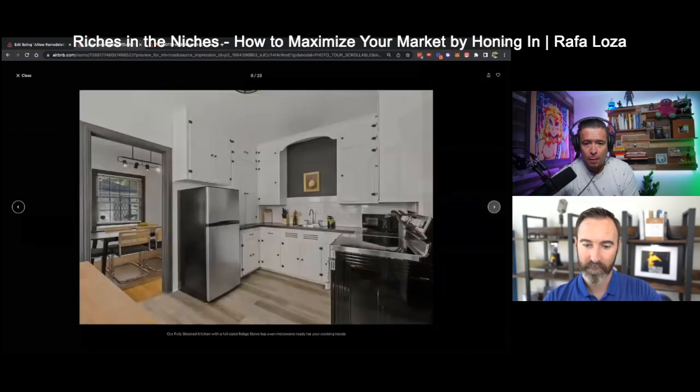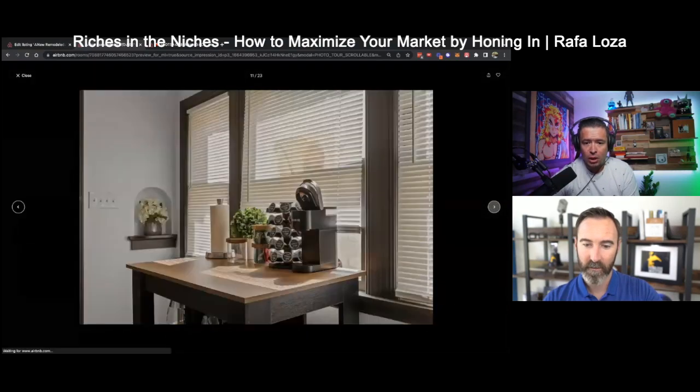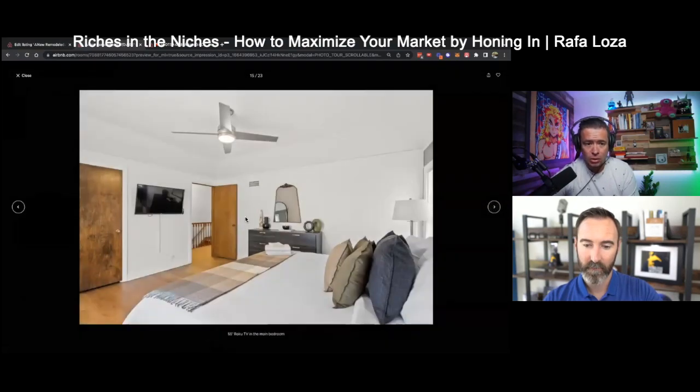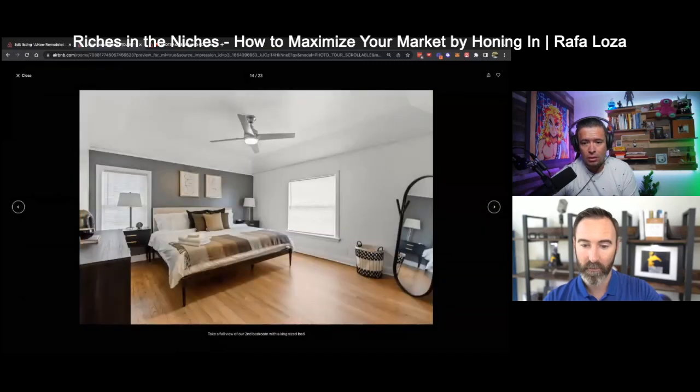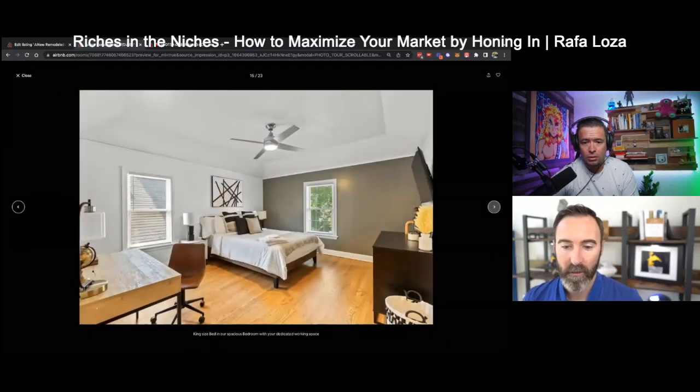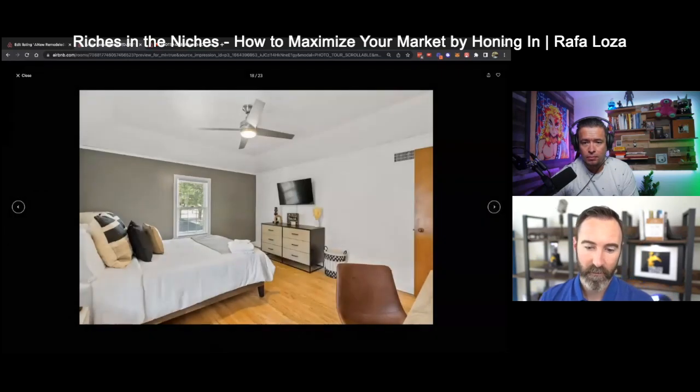That's awesome. Right. So this was a full remodel. Actually, this is one of the ones I own. So this is an arbitrage unit. I own this one. Oh, okay, cool. Yeah, so this is the bedroom. Very nice. Yeah. Cool. Well, Rafa, this is awesome, man. Thank you so much. By the way, we got another comment. Wow, Milwaukee looks great. So thank you.